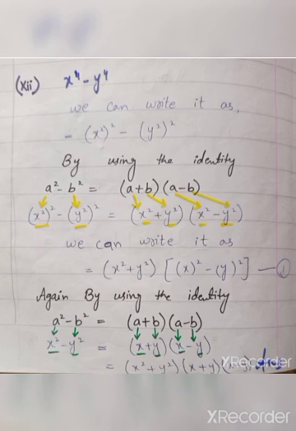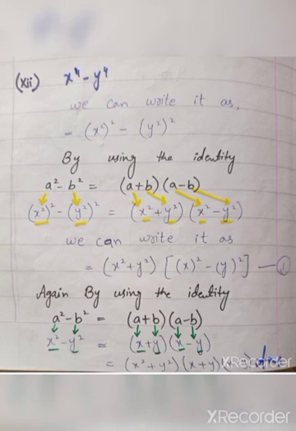You can do a trial and error on this, but if you apply your previous knowledge of the product rule of exponents, it makes sense that when you multiply x square 2 times, then we get x power 4, and when we multiply y square 2 times, then we get y power 4. So we can write it as x square whole square minus y square whole square.